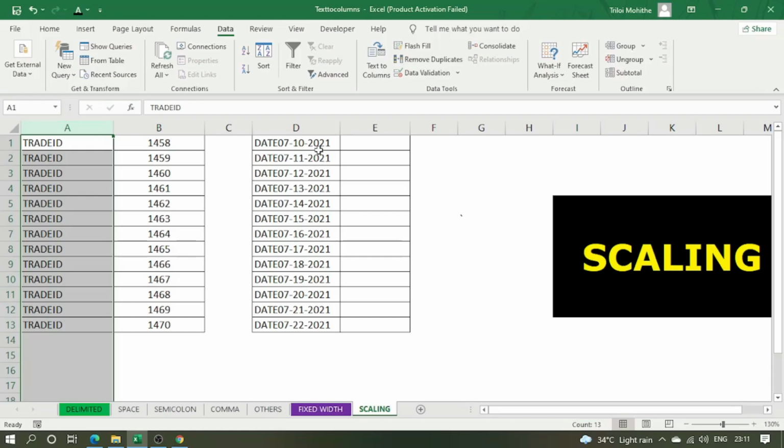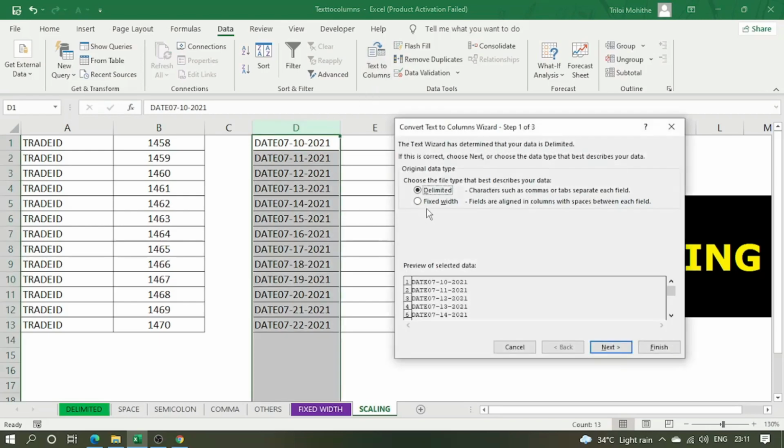I have the same kind of example over here. We are going to divide in the same way using the scaling option, which means under Fixed Width we use the scaling option. Here also we have a date, along with a date format. What I want is for the word date to be separate and the actual date format to be separate. How are we going to do that? Simple. Select the particular column, click Text to Columns, select Fixed Width, and then click Next.